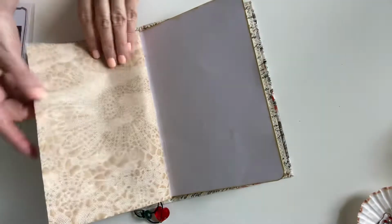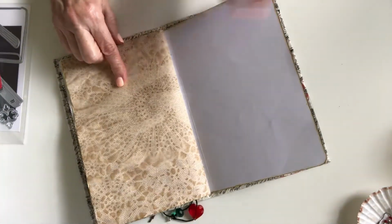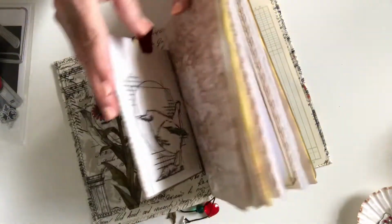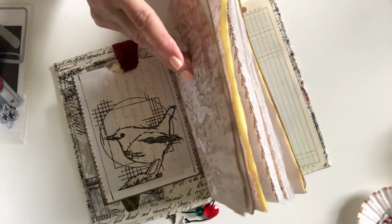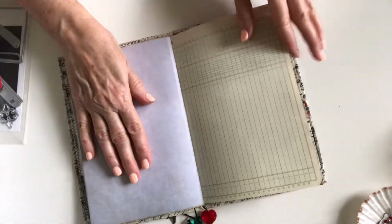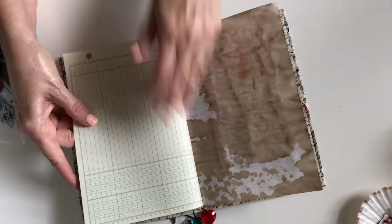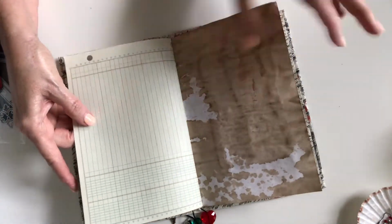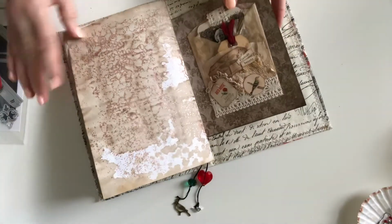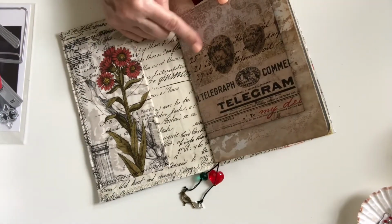And then the coffee dyed paper that I made. The other side of this bird paper. Here's the other side of it. It's got a blue. Here's my bestie's ledger paper, and then here's the metallic paper, and then here's the other side of, this is Tim Holtz paper,